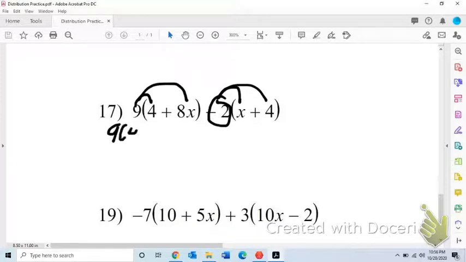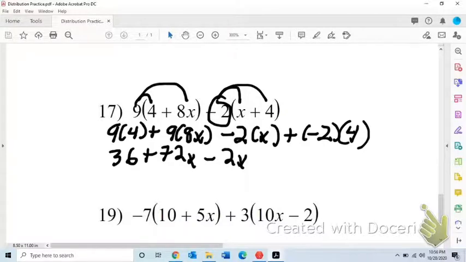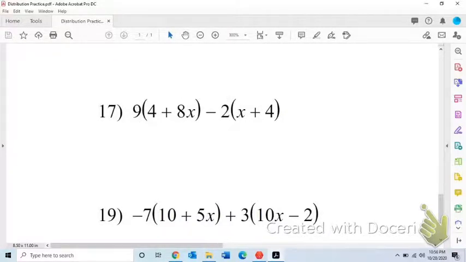So that's 9 times 4 plus 9 times 8x. And then remember, we distribute the entire negative 2. So that's negative 2 times x plus negative 2 times 4. So now we've done the distribution. Now we need to do the multiplication. 9 times 4 is 36. 9 times 8 is 72x. Negative 2 times x is negative 2x. And negative 2 times 4 is